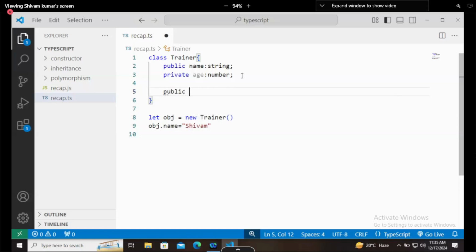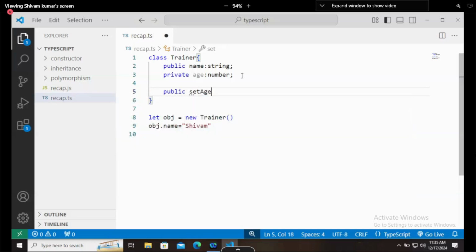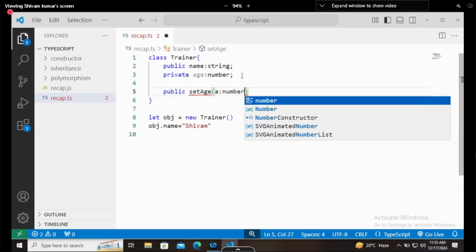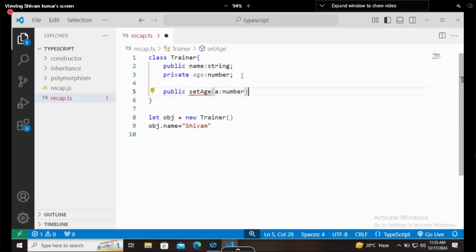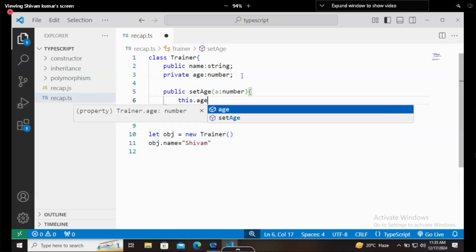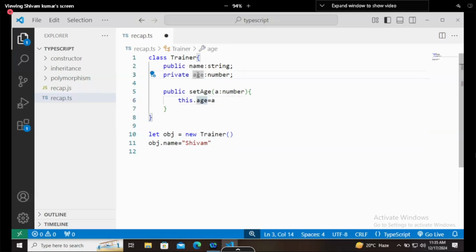So I will say public set age. Set is a function which will take one value a, which will be a number. Understood? And after taking this value, what will it do? It will say this dot age equals a. Again, in the same way, we are setting the value of age from a.